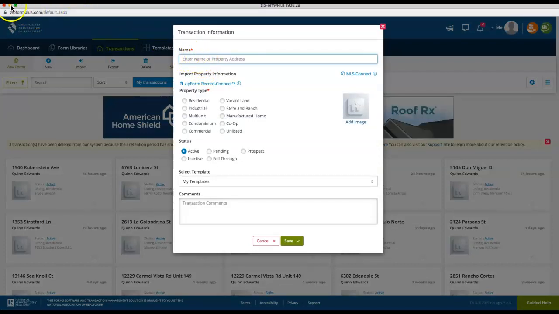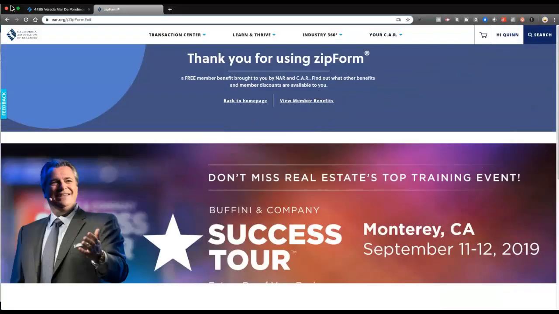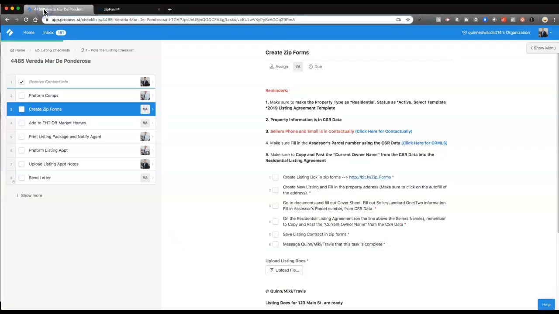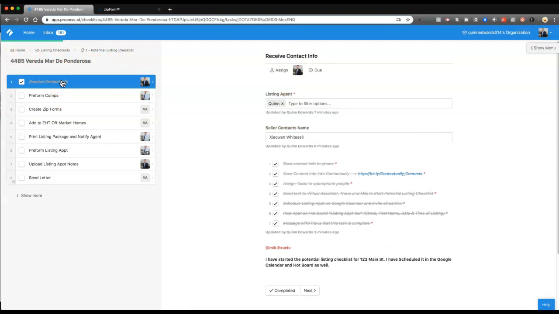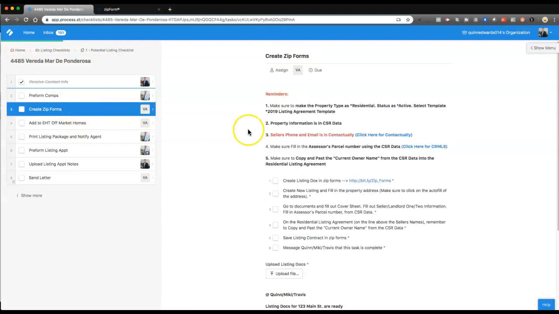So what I'm going to do is just minimize this page. I'm going to hop back into Process Street, which is our checklist, and I'm going to look into the address. So here it is. It's always up top here. It would also be in the CRS data. So property information is in the CRS data as well. So if you don't see the address anywhere, then you're going to have to search it in the CRS data. Since we know this is the address,